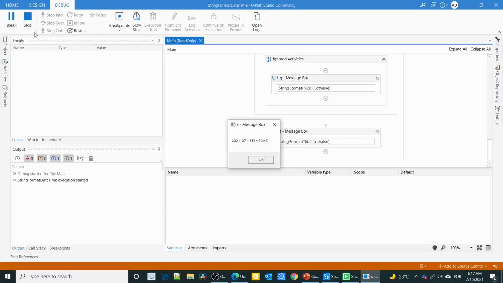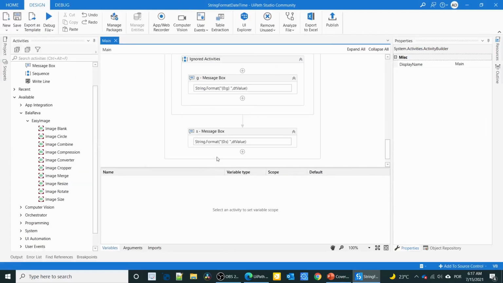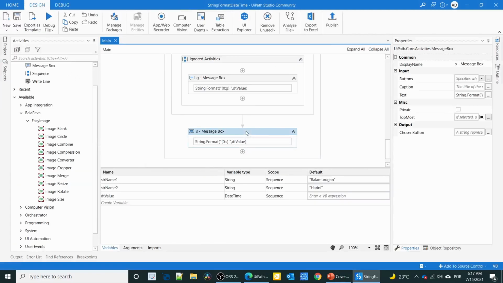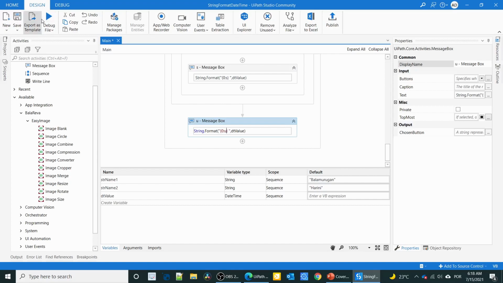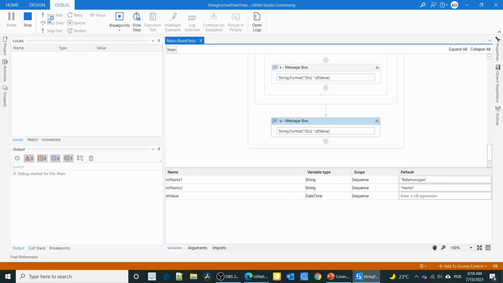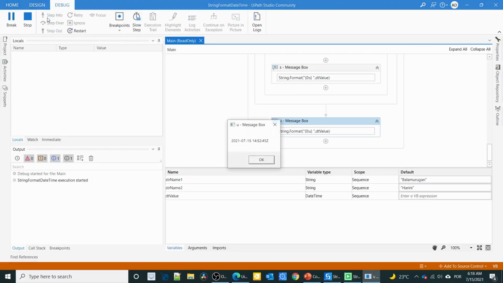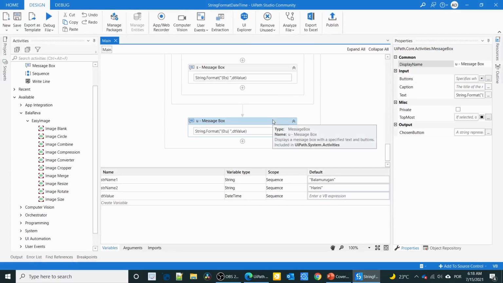And if you need a universal sortable format, you can use U. See, it will give a universal sortable format. In the output you can see the Z. So like this we have a lot of formats for the date and time.